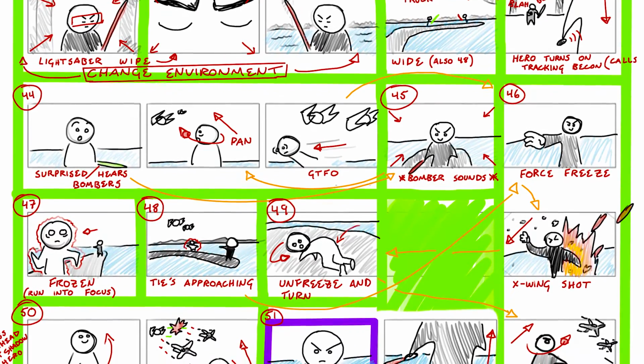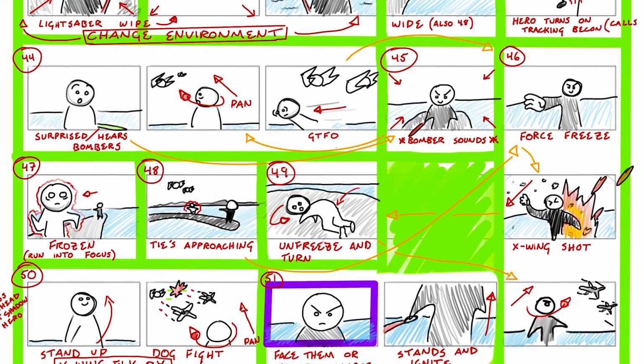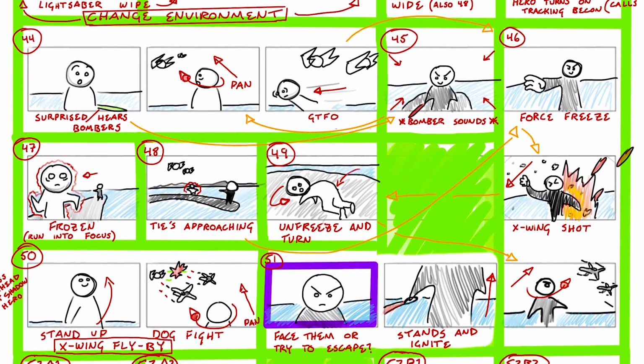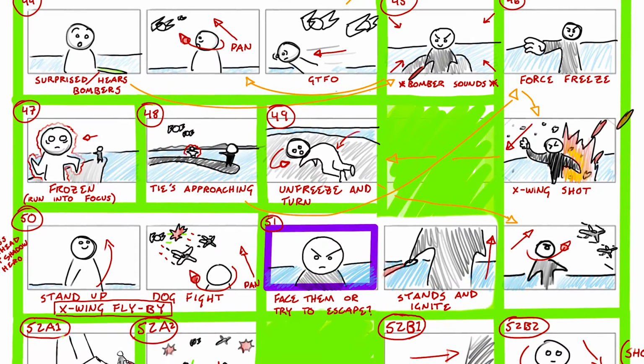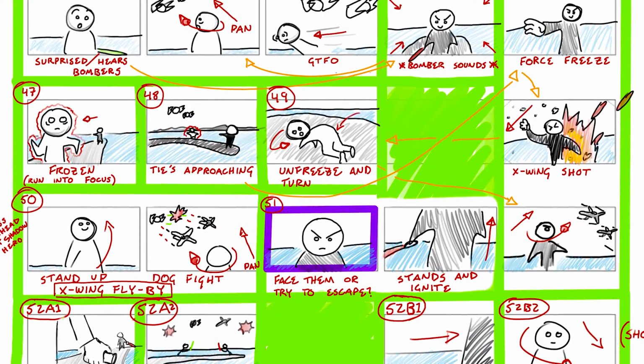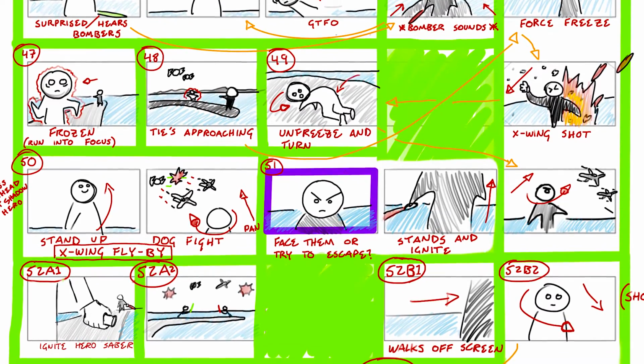So then, oh, would you look at that? Oh my gosh, X-Wings show up. They blow up the Sith. Well, they didn't blow him up, but they're shooting at him. You see explosions, so it breaks his concentration, and he lets the Jedi go. The Jedi's like, oh my gosh, yeah. So you get this cool hero shot, and he looks up, and you get this super cool dogfight going on,